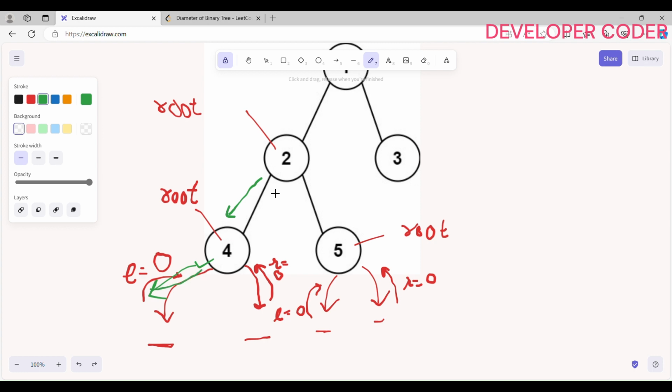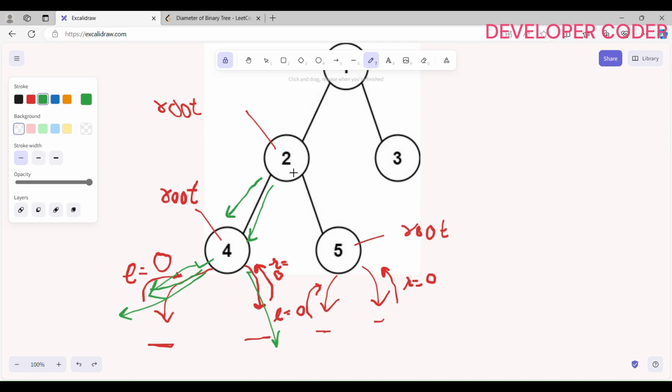If I follow this path, I go from 2 to 4 and then I check the right of 4. There are a total of 2 possibilities. One possibility is if I go from 2 to 4 and then check 4's left. Or if I go from 2 to 4 and then check the right. In this case we know that both are null,